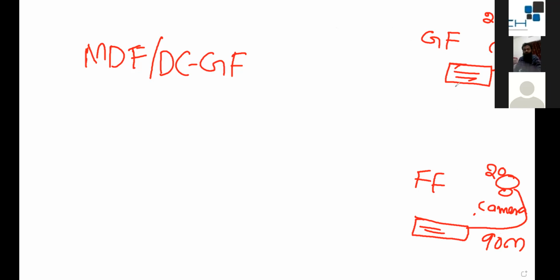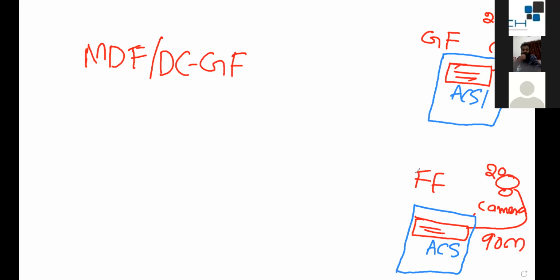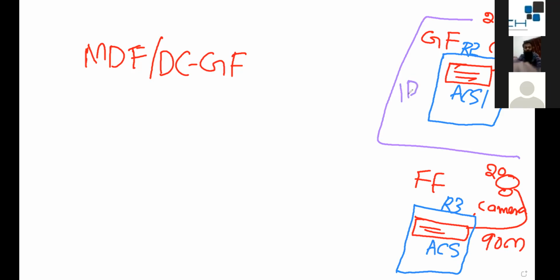These switches we call access switches. Let's say ACS1, ACS2, access switch. And the access switch belongs to a room. You will have a rack first of all. You will have one rack here, and another rack here. Let's say I'm going to call this rack 2, R2, and this is rack 3. And you have a room to keep these racks. This room we call an IDF. Hope you understood.